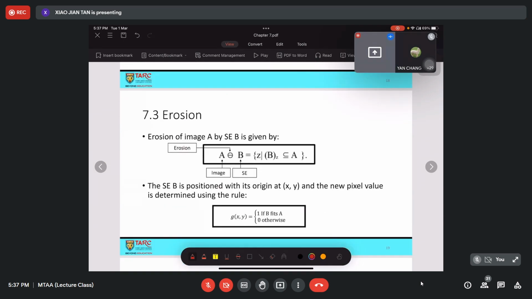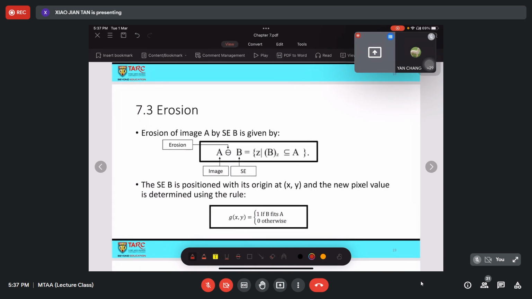Okay, so we will go into erosion. Before we go into erosion, any questions from any of you? We will learn erosion, followed by dilation, and opening and closing. I will explain in depth for erosion, and dilation is just the inverse of it, because erosion is the decrease in size of the foreground, and dilation is the increase in size of the foreground.